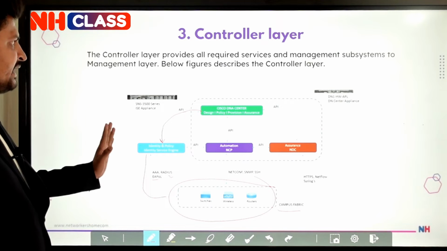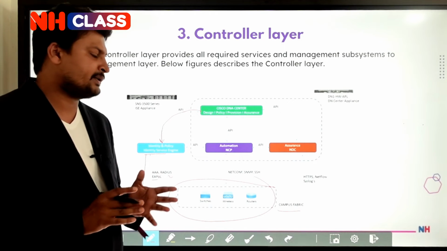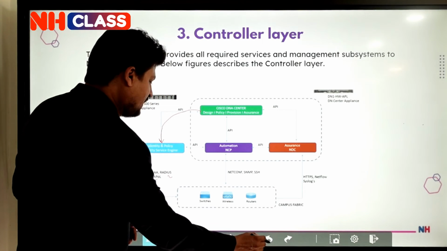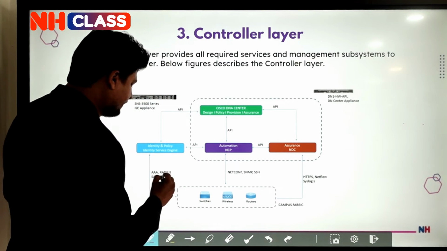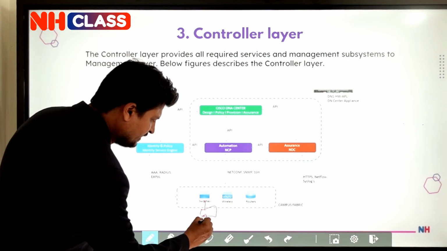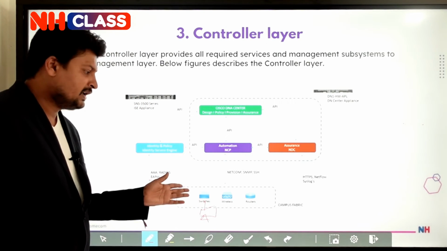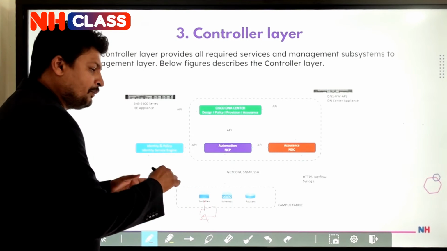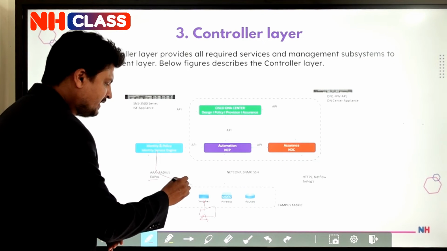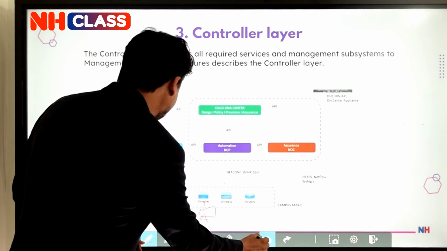So basically, what I'm trying to tell, at the controller layer, we have an ISE. ISE plays a major role in DNAC to implement a policy. So I can implement AAA policies by using the RADIUS protocol. And on these switches, I can have the PCs, hosts connected. And this host will be connected through the IP over LAN protocol to connect to our network. So the devices on which I want to push a policy, I push it through the ISE, okay? Such a controlling or policy implementing method is basically called a controller layer,